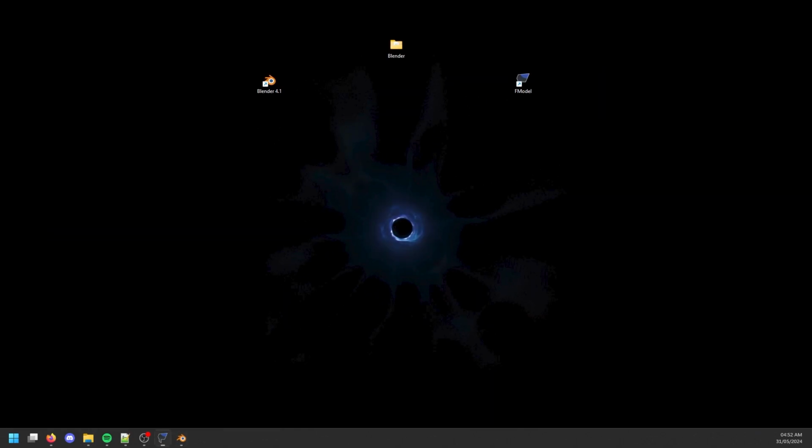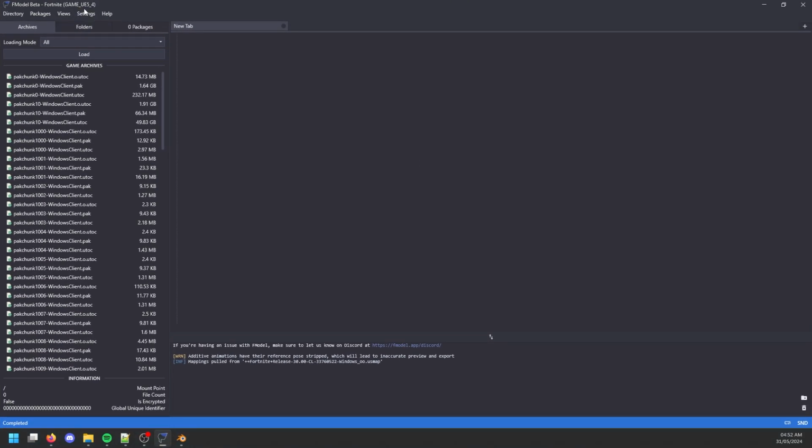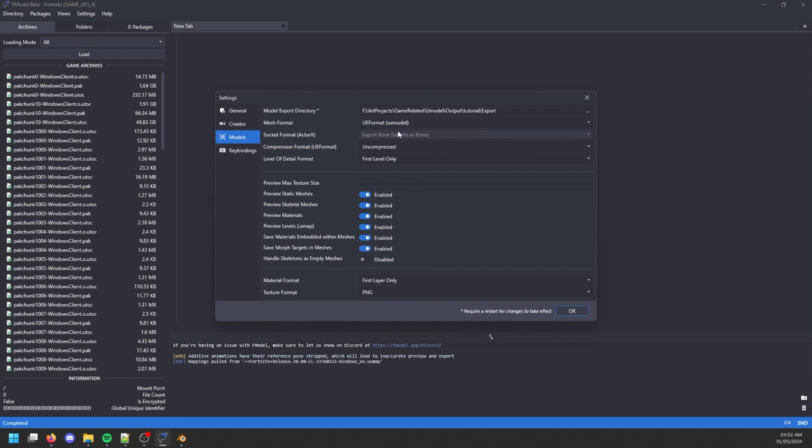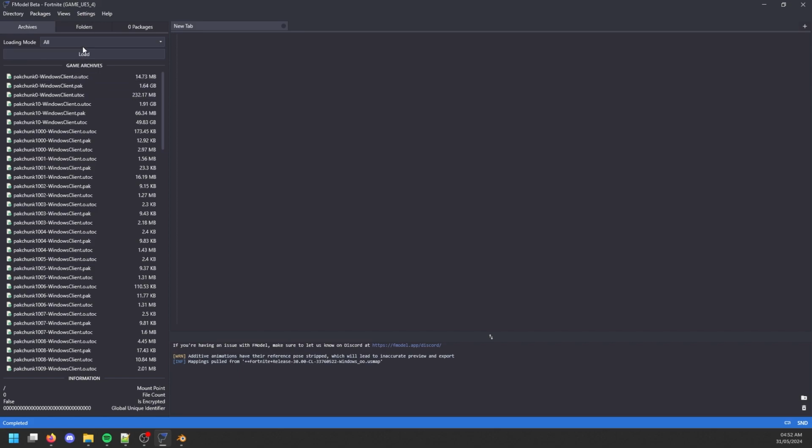Then we'll go to FModel, which I have open here. We want to make sure we go to our settings and make sure mesh format is set to UE model. I would also recommend having compression set to Zstandard, just so your files are smaller. Beyond that,